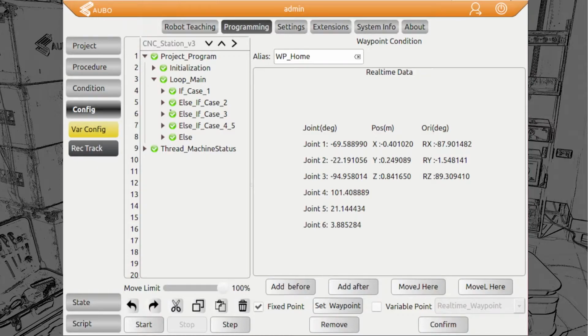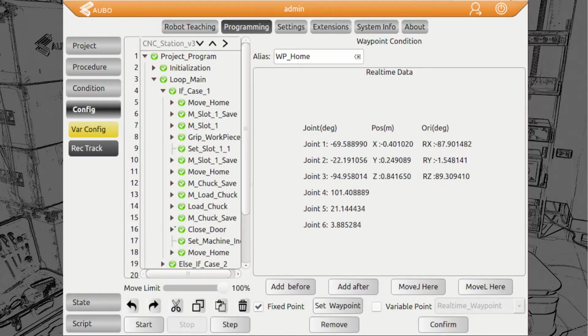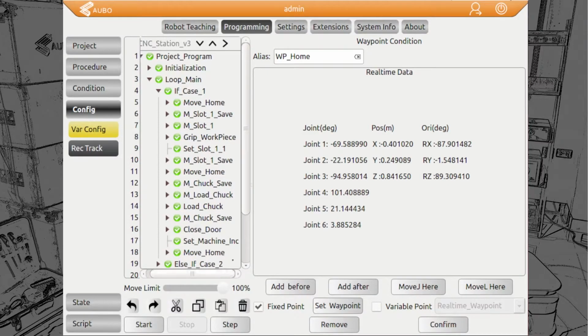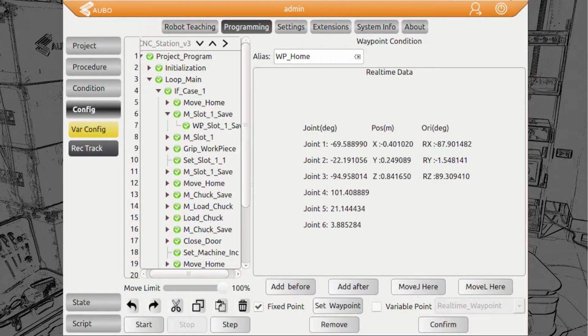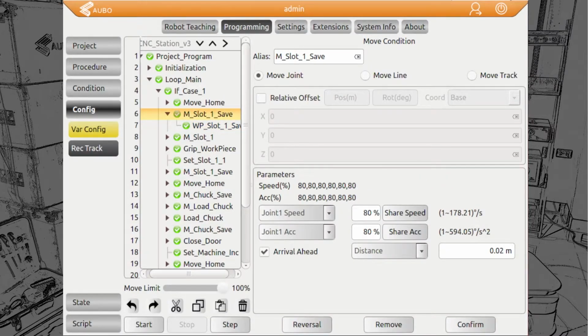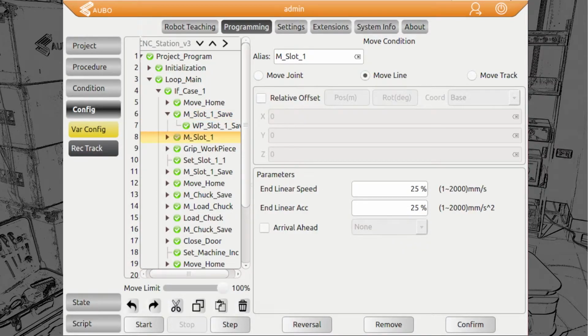Okay, let's see how we have done that. So I will not go into every move command and so on again, to save you some of your valuable time and not to repeat myself over and over again. So let's have a look. We go also through the home position again. We move to slot 1 also here. We have a safe position, only one basically, which we will approach with a move joint. And after that, to